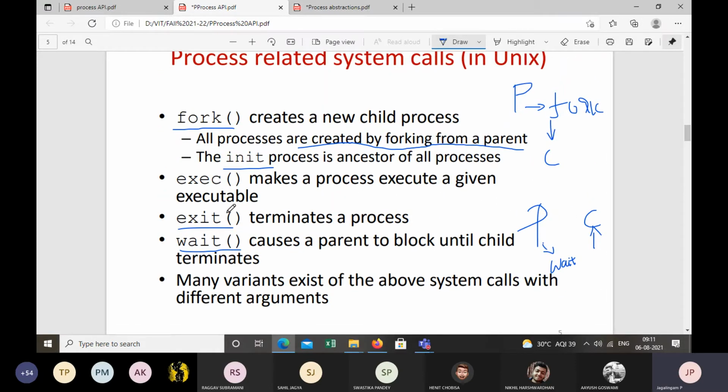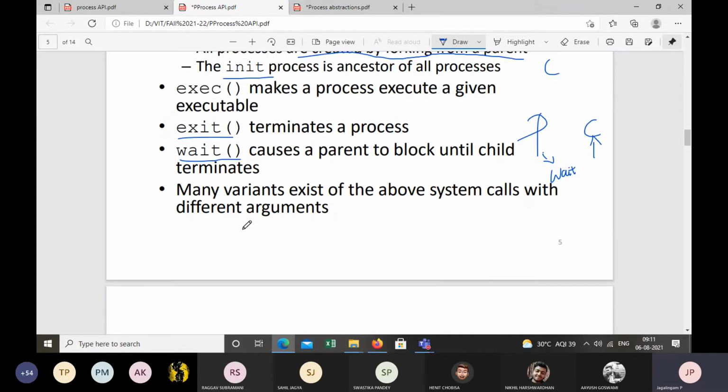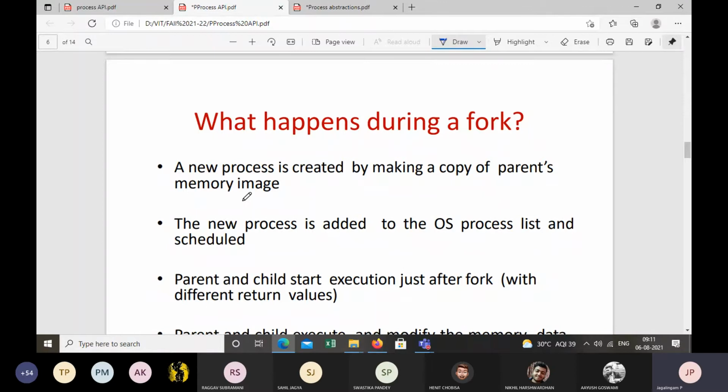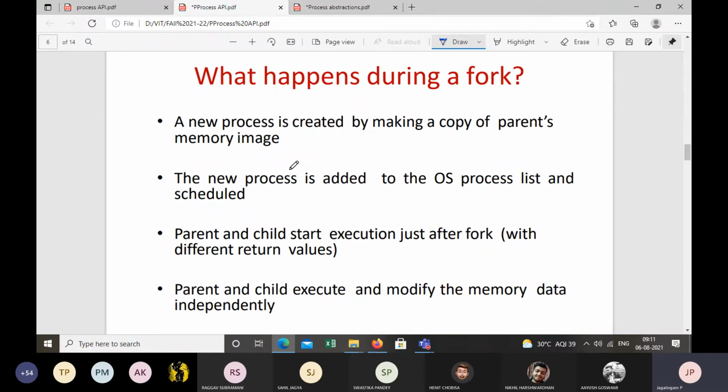Now let us try to understand each of these system calls in more detail, how it executes. Let us see some algorithmic or the program part of it. Now let us go one by one. What happens during fork? When you use the system call fork, what happens?